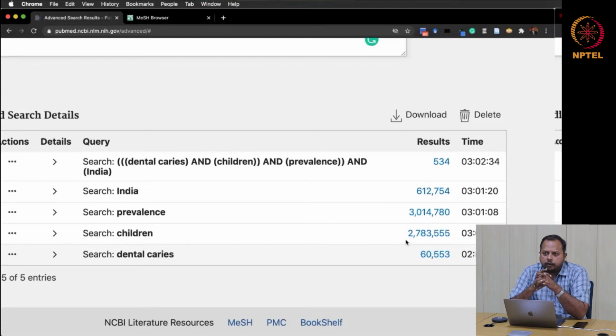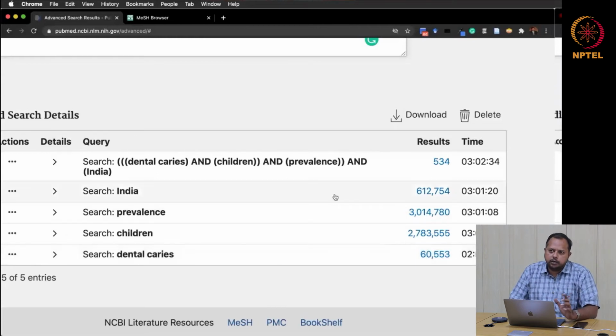If you want to remove prevalence and search articles related to clinical trials, it depends upon the investigator's interest. Basically, these terminologies revolve around PICO, which is population, intervention, comparison, and outcome. You can build the search on PICO terms in order to get your specific results.